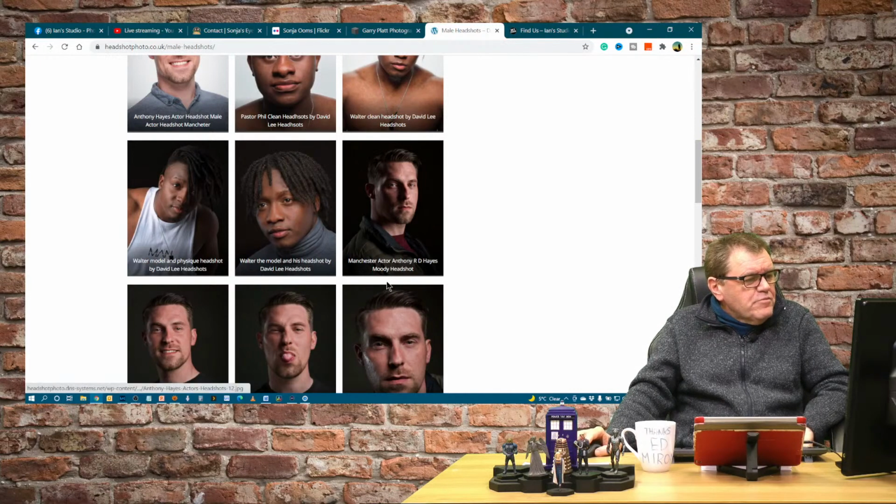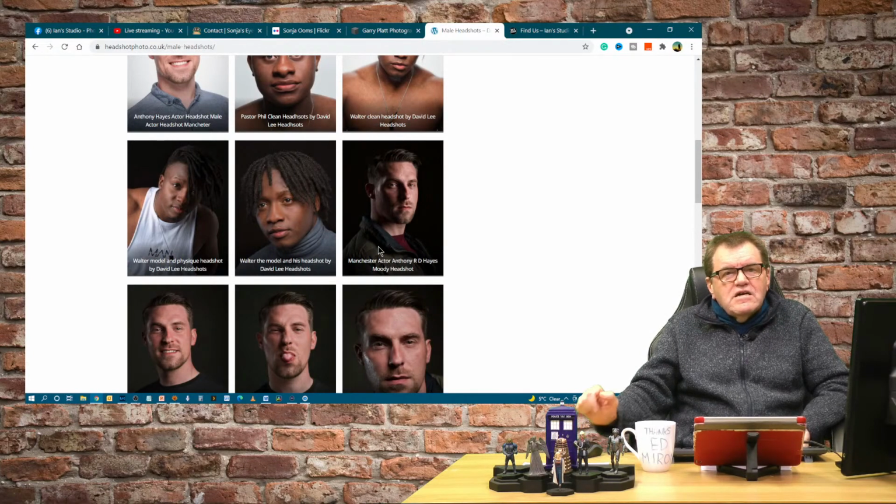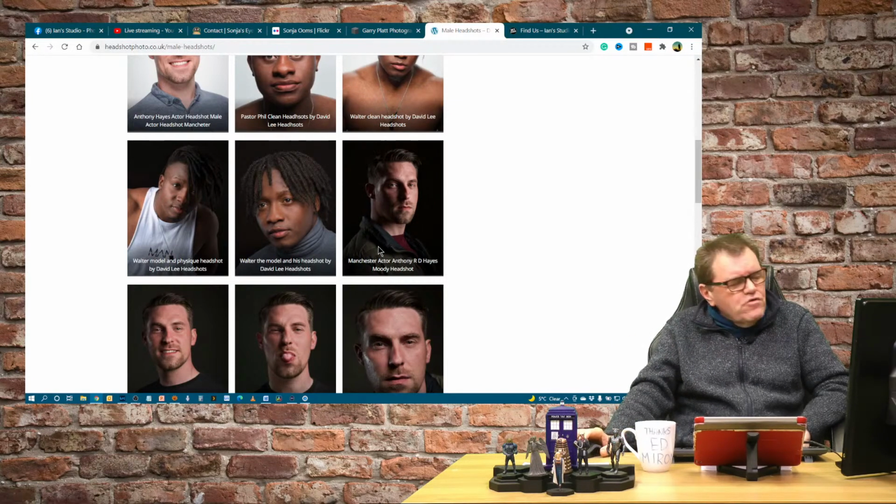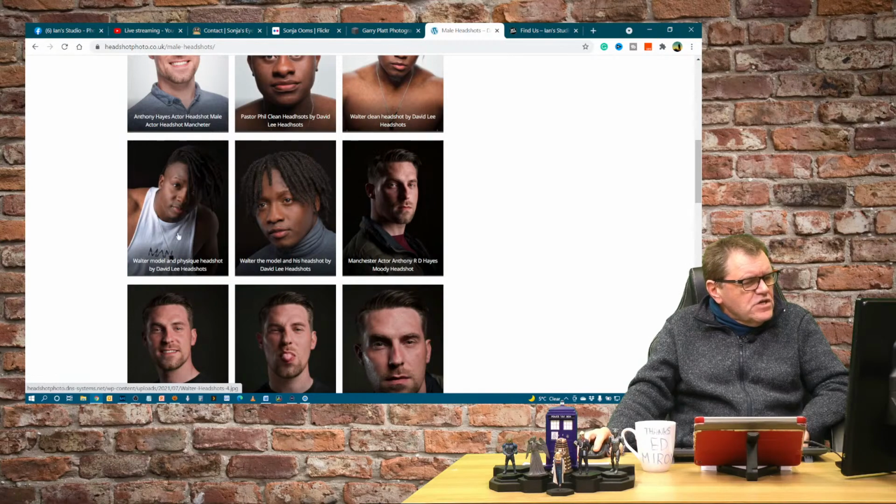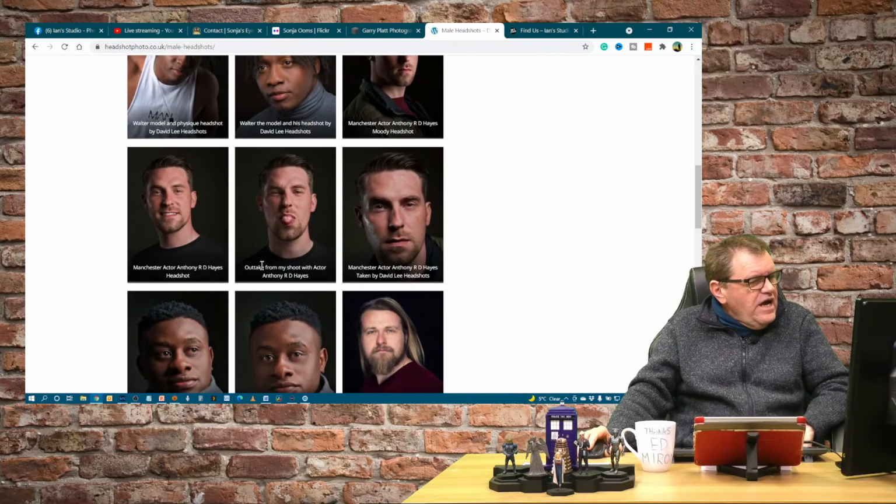Now, you've got these captioned, some of them by David Lee Headshots, and some of them not. So someone who doesn't know much about what's going on, doesn't know you, will go, oh right, so he shot some of these, so who shot this one? Whereas if you haven't got the name on there, we would rightly assume that you'd shot everything, which is actually correct, I know.